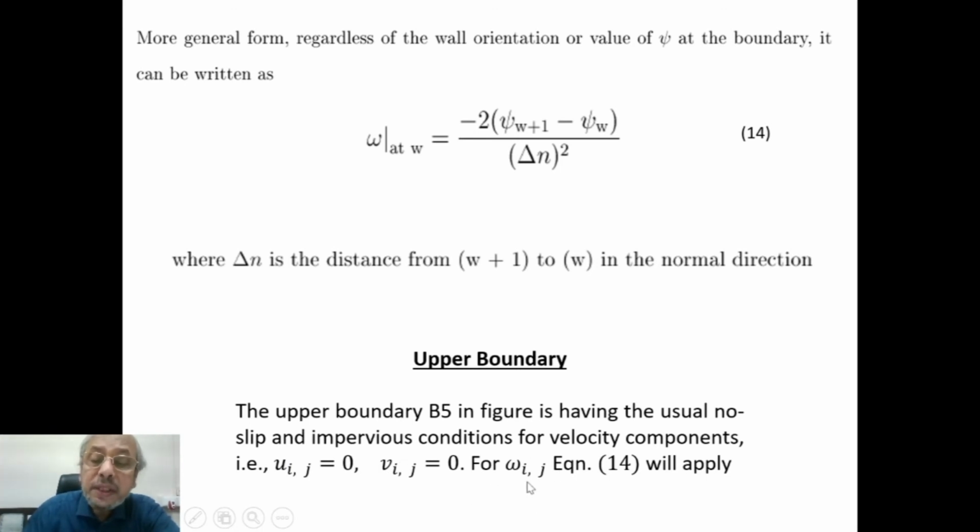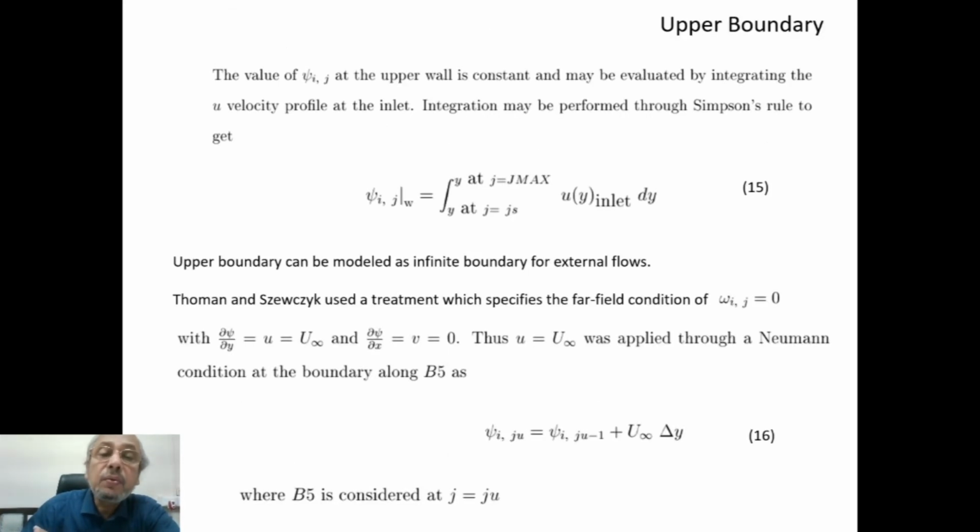And now, since omega(i,j) at the near wall point can be calculated by knowing the normal distance up to the first grid, that means the grid thickness, we can apply that. So omega(i,j), equation 14, will apply. So on the top wall, u, v and omega we can prescribe now. The problem will be with psi. Not the problem, but you have to understand what psi is.